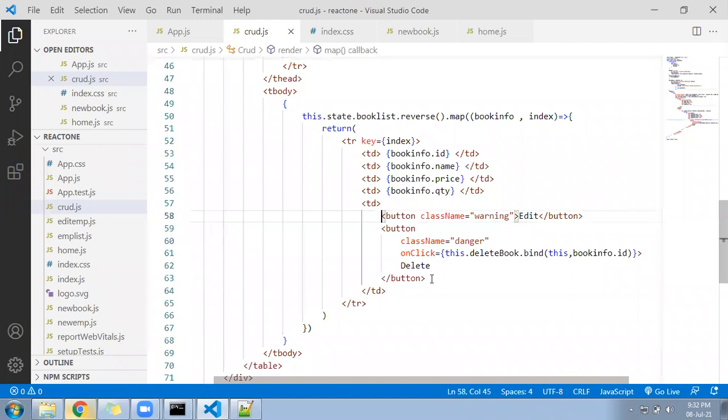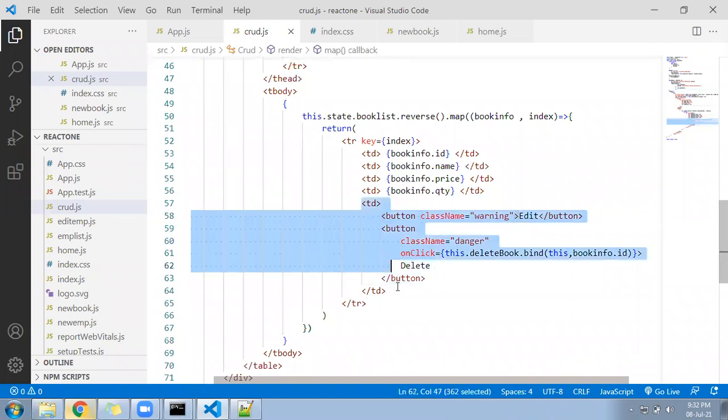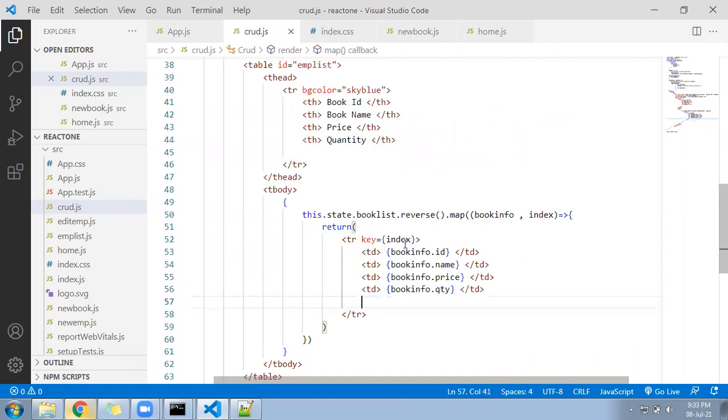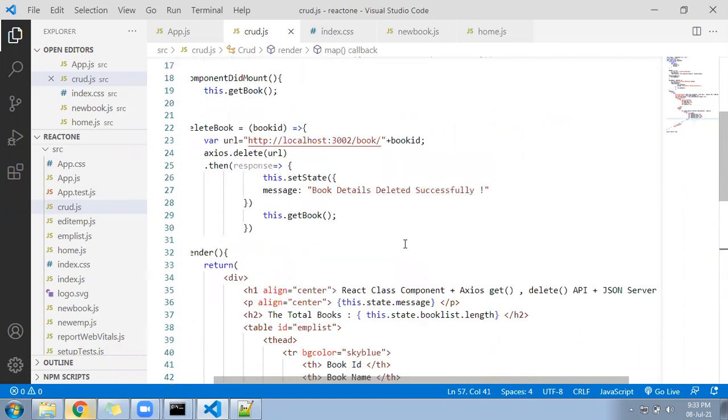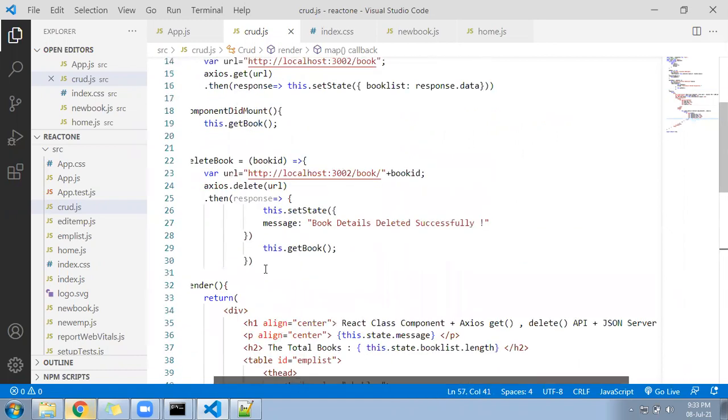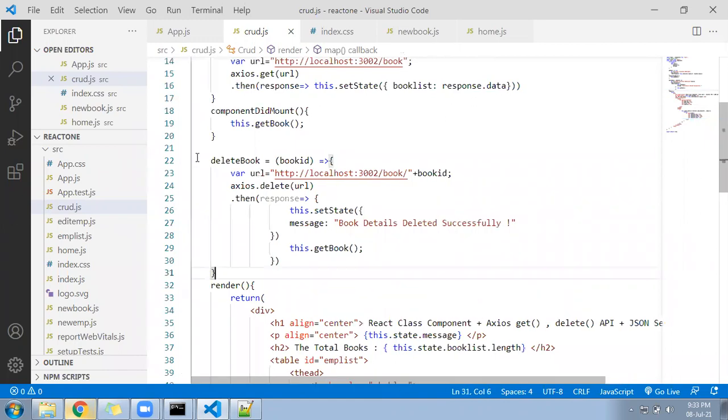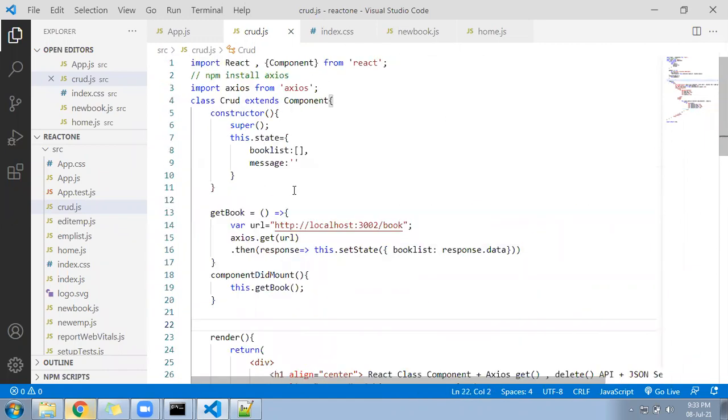It was just like this. I'll delete again. I'll come back to the previous video, what it was. Here I have written a function called delete book. Let me delete 2. Then I have created a function here called this one. I deleted everything that was the old code.